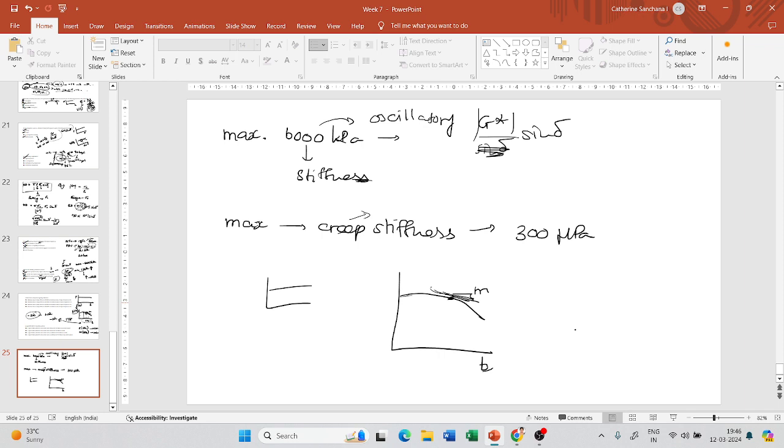But here I'm subjecting the material to a constant load, and when I subject it to a constant load, we saw that if the material is elastic, then the deflection will be the same, and if the material is fluid like, there will be a momentary deflection and it will immediately relax. And when it is a viscoelastic material, it will